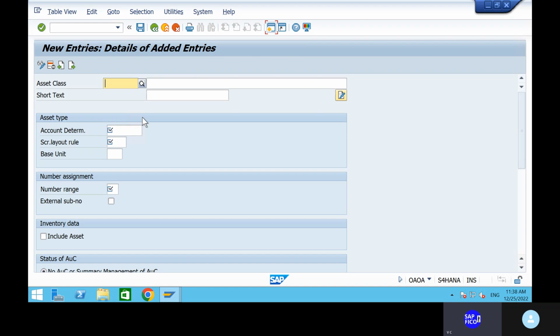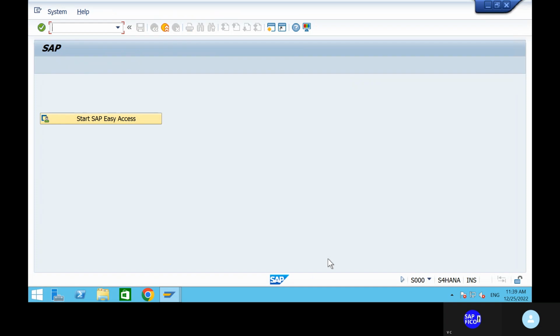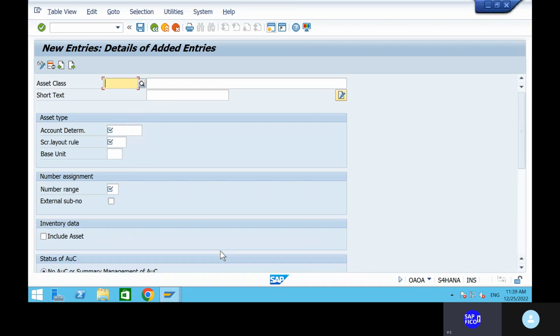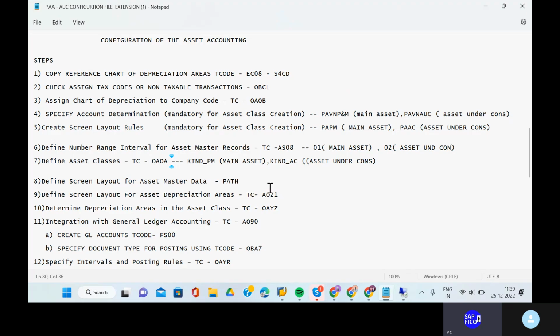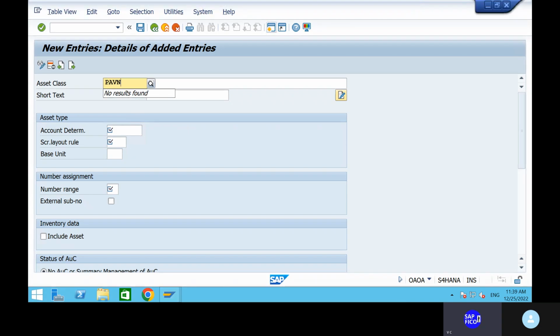So can you give asset class as go to the material? What is the asset class that we have given? No, this material only. Here, notepad. What is the KAND_PM, KAND_AC? Okay, PAVN_PM, PAVN_AC. Okay, we will do like this. Go to the asset classes and you can just give PAVN_